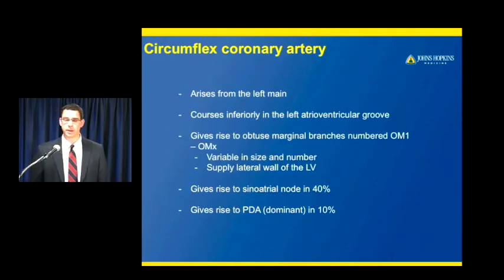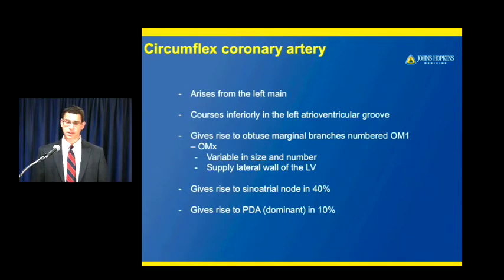Let's talk a little bit about the other major coronary artery, and that's the circumflex. The circumflex also arises from the left main. It courses inferiorly in the left AV groove, so it's basically the partner to the RCA on the opposite side of the heart. It gives rise to obtuse marginal branches, so the RCA has acute marginal branches, the circumflex has obtuse marginal branches, and these are numbered OM1 through however many you have. Usually you have at least a couple decent-sized obtuse marginal